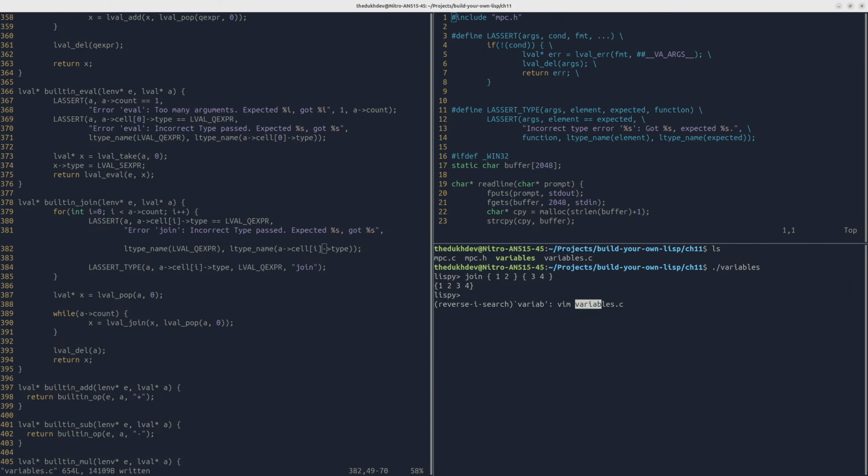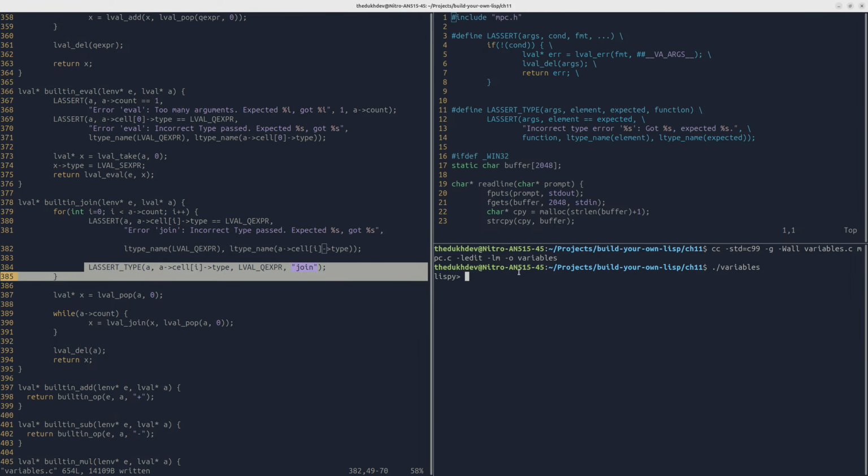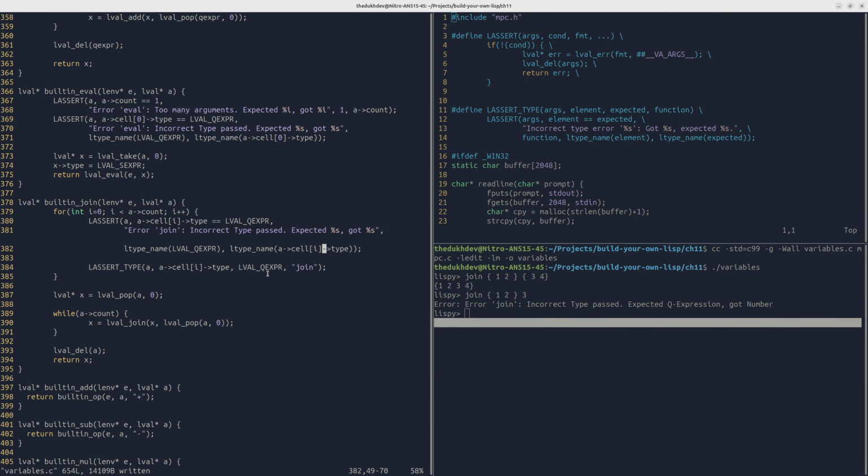Variable. Why? It's CC, it's variables. Okay, let's run it. I added the new LSL type. So now join 1, 2, 3, 4. It works. But if I do join 1, 2, and this is gonna be a number, incorrect type passed. But have I error join incorrect? It only triggered this message, which